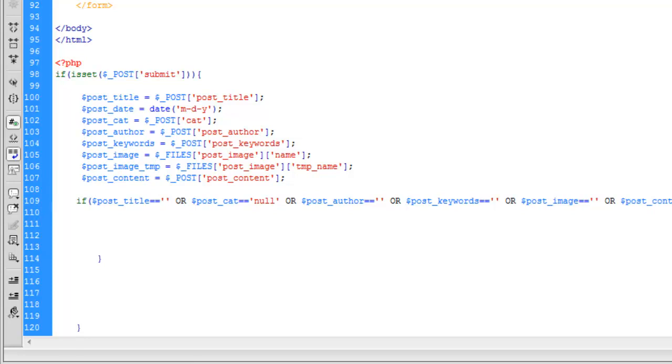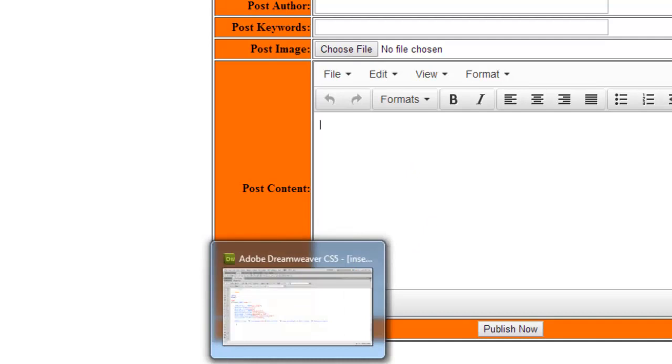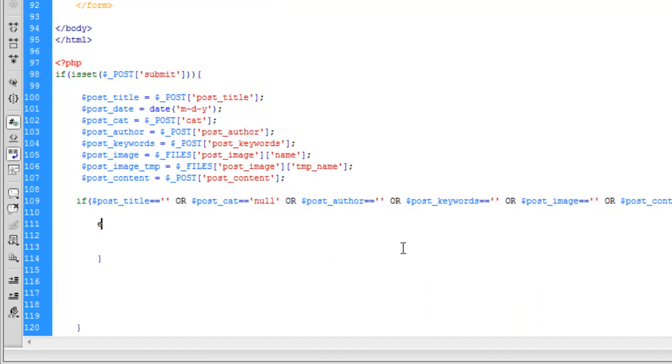Is equal to nothing. Now we will say we have added all this. If any of these fields are empty, or something is not selected, for example category is not selected, or this is empty, or here something has not been written, then the data will not actually go to your database, just dummy data or some incomplete data. We say echo,